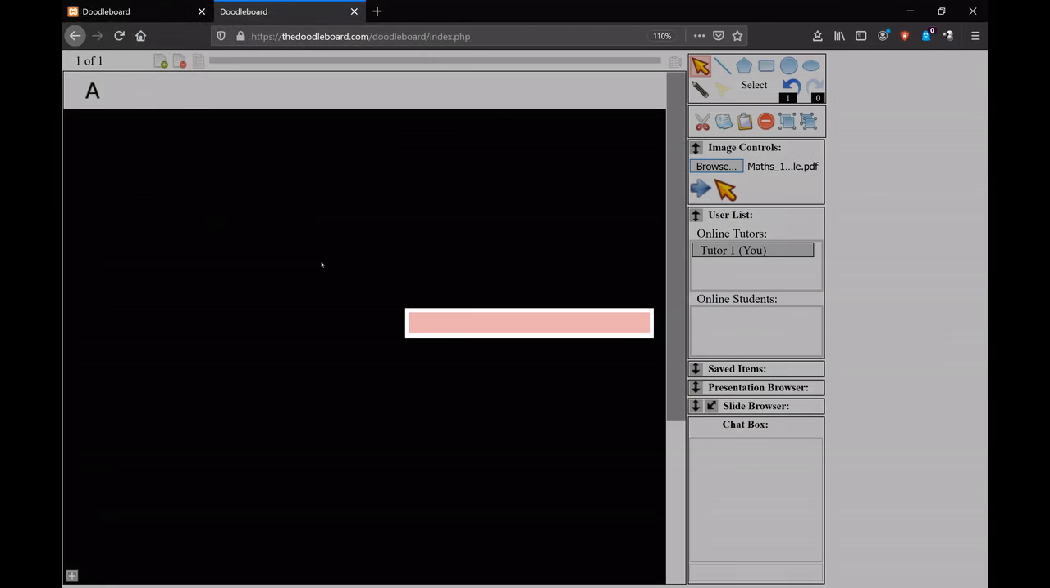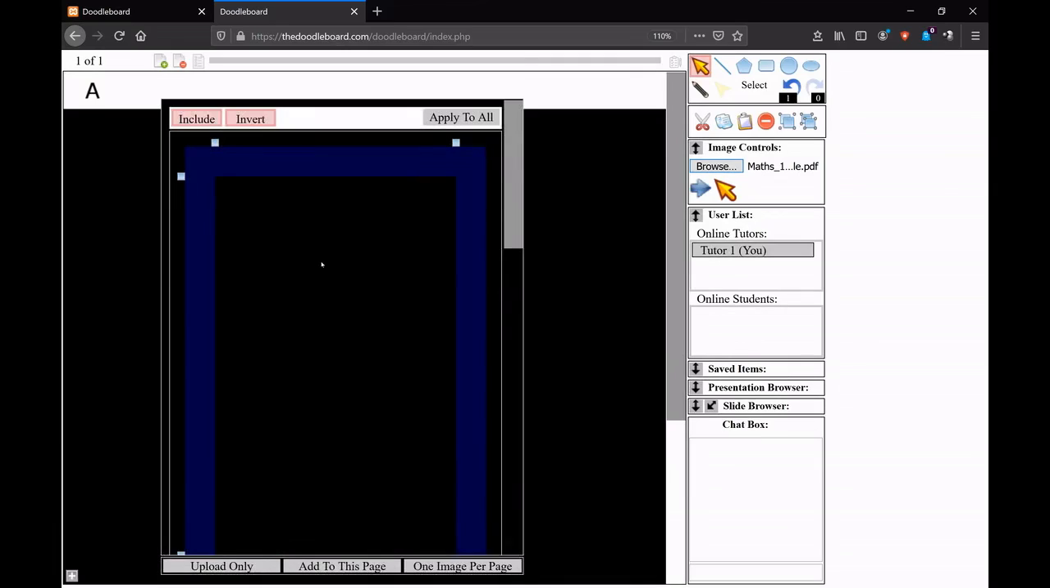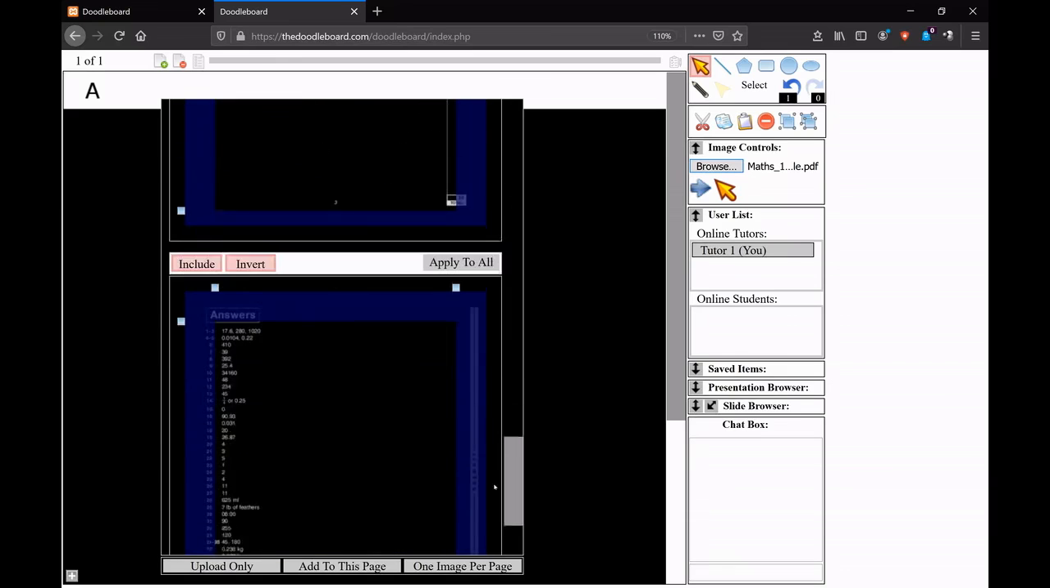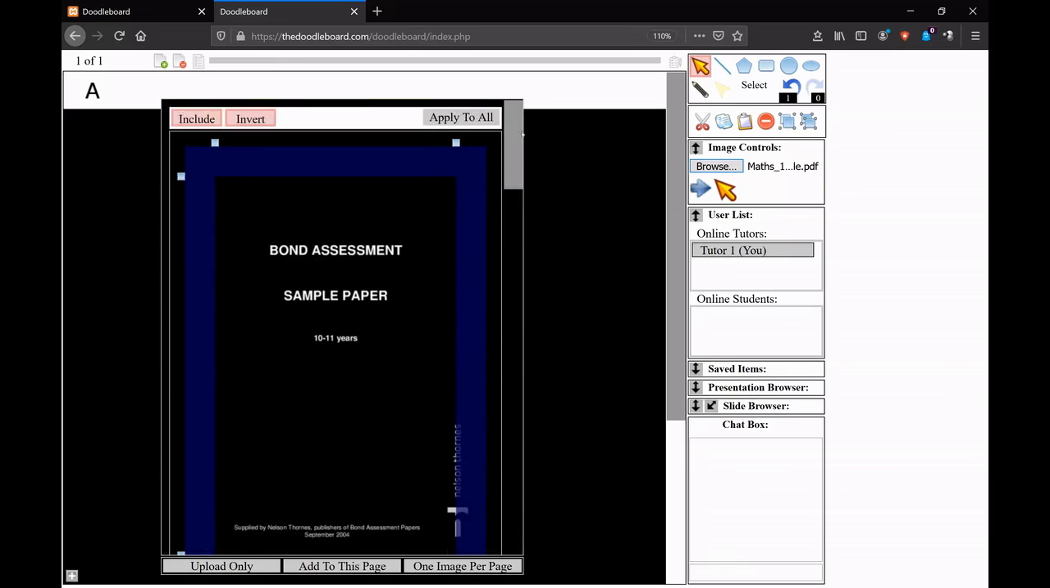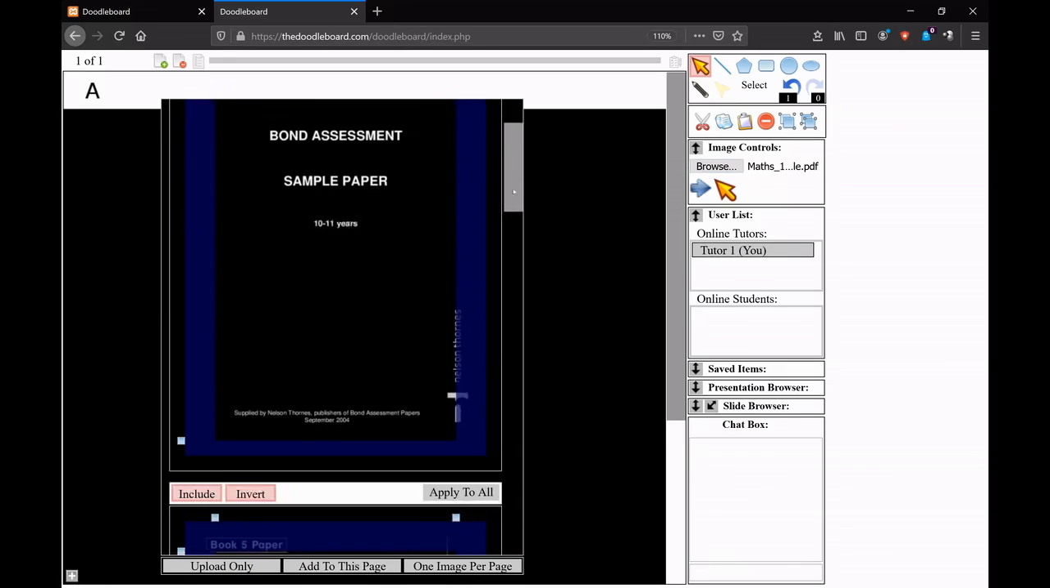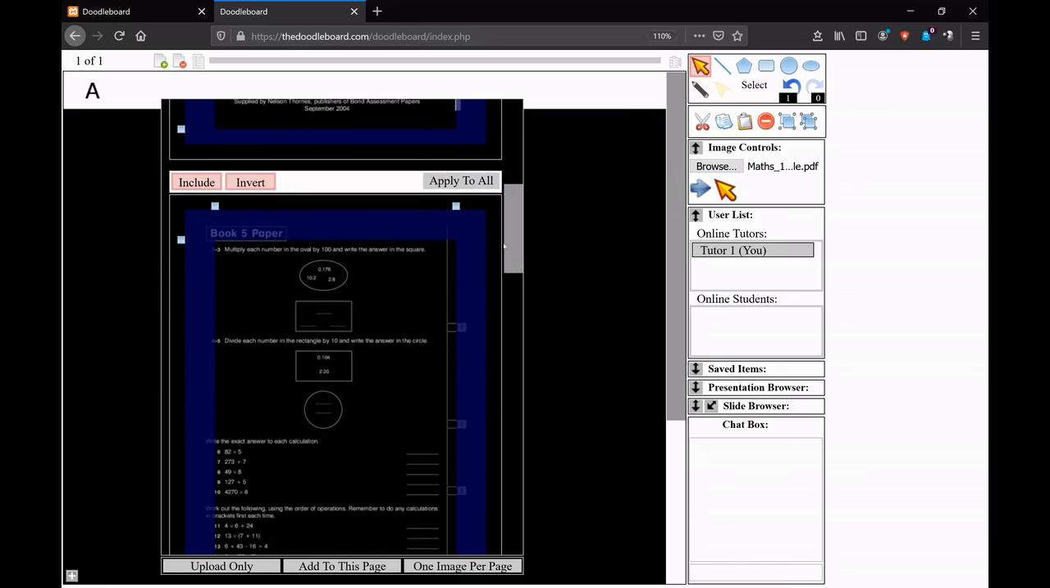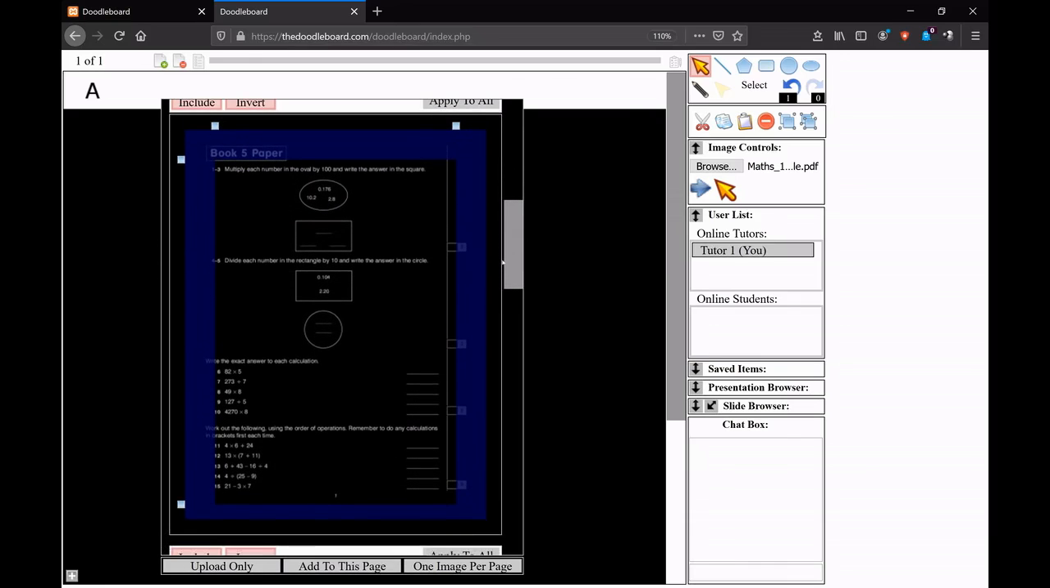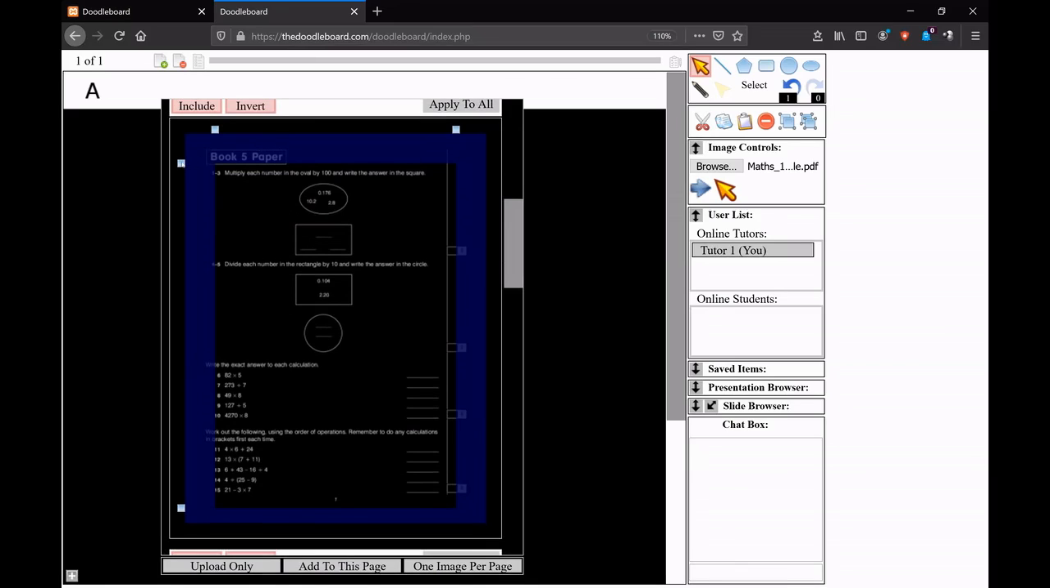What will happen is it will upload the PDF to the server first of all. Just wait a moment while that happens. Okay, and then once that has happened you will get thumbnails of the PDF, which you can scroll up and down and have a look at. Now, I don't want that title page because that doesn't really help me at all, so I will uncheck include on that one. This one here, now around it, it will crop off a little bit of the page by